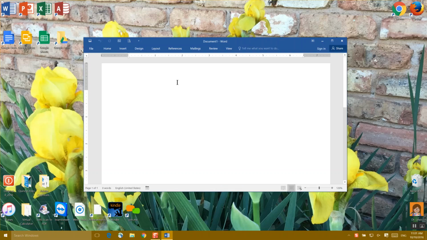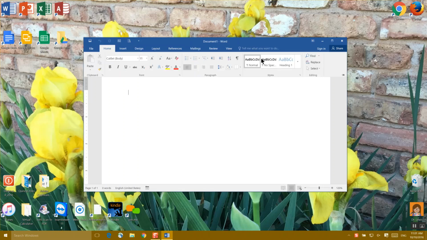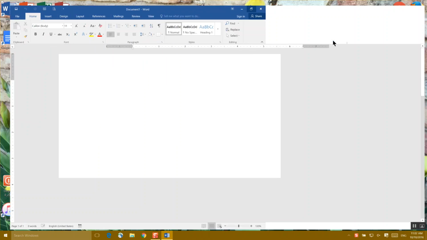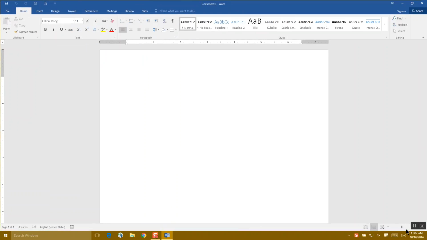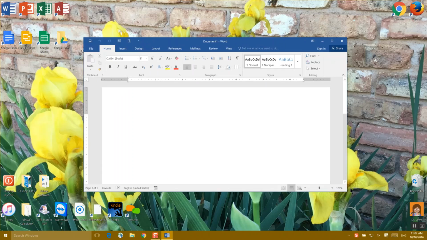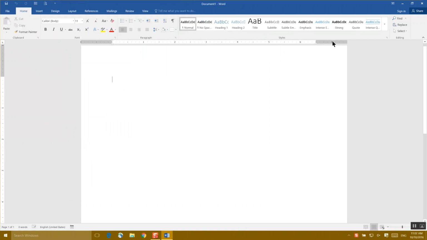One of the things I want to show you first is what happens when the toolbar hides. Click your Home menu, come over here to this small little pin, and there's your Microsoft ribbon. We're going to make ourselves a little bit bigger here and get started. One of the things you need to think about when you're making a college paper is